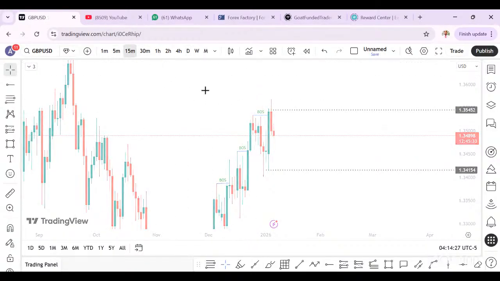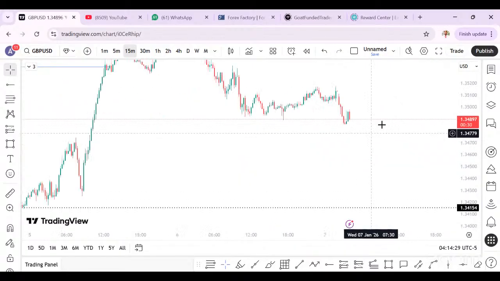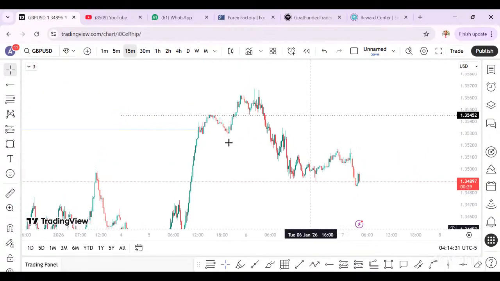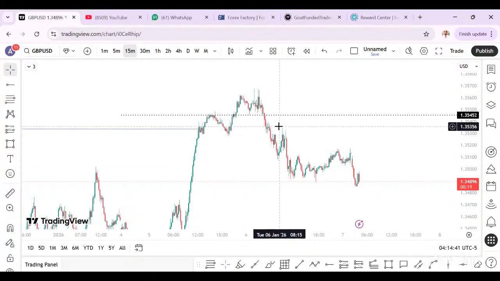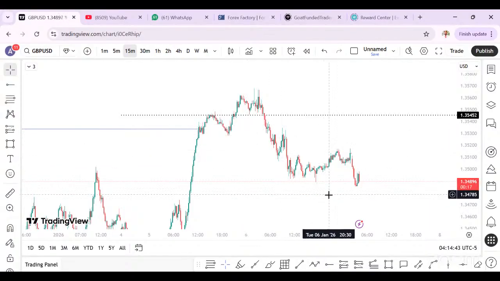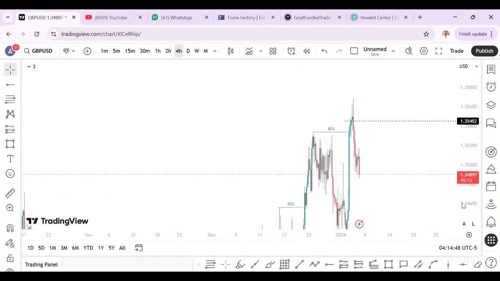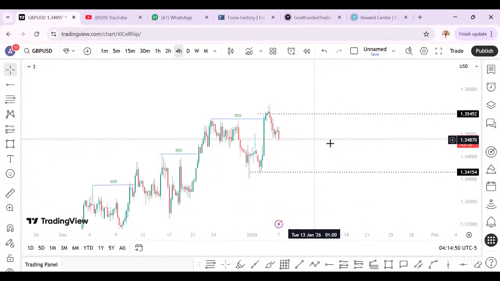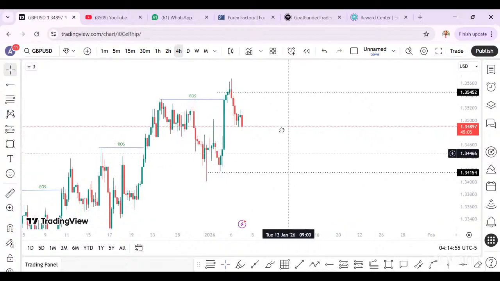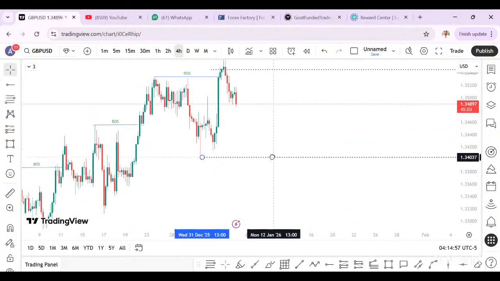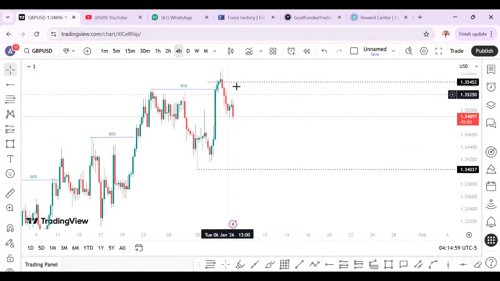So you can now come to 15 minutes, right? On that 15 minutes, all you need to do is wait for a displacement. So we have a liquidity sweep. Meanwhile, if you want to trade this, this place will be your entry at least. You have cashed your move and go out. Because this here is still bullish, and we are what? Trend followers. So now this is our low, and this is our high.